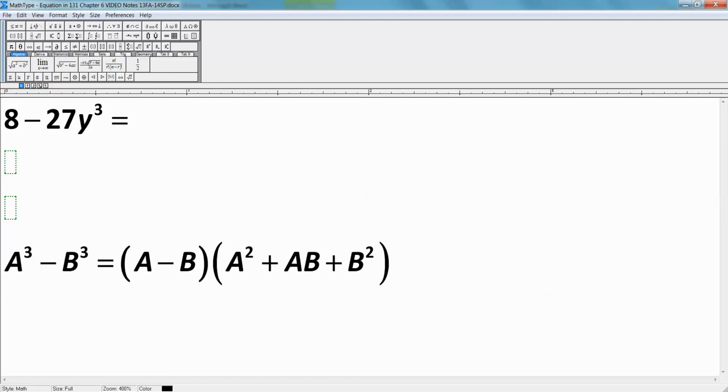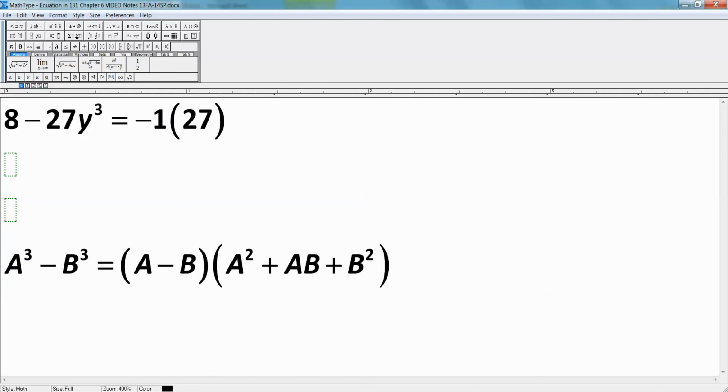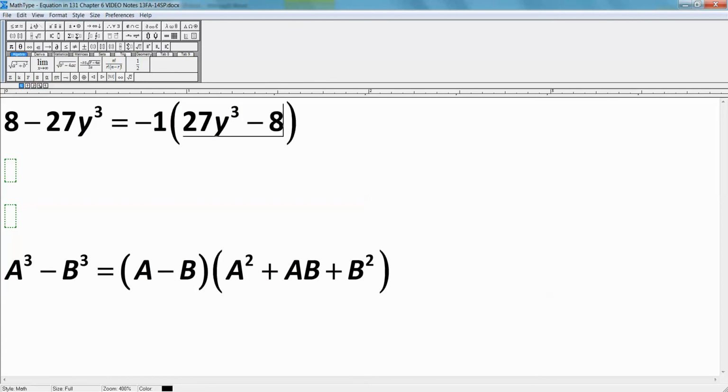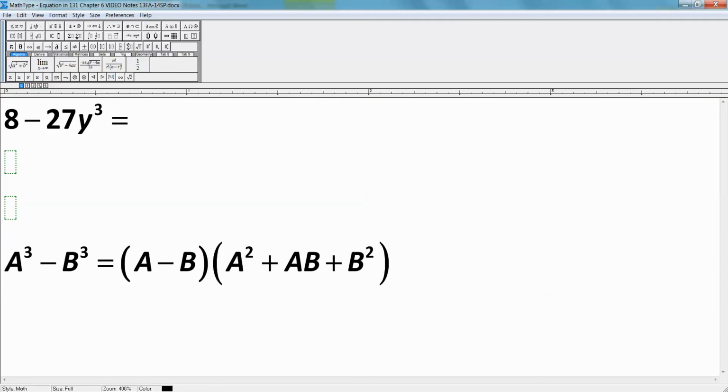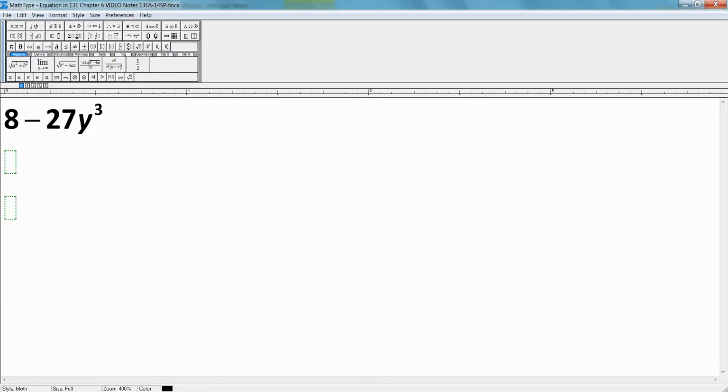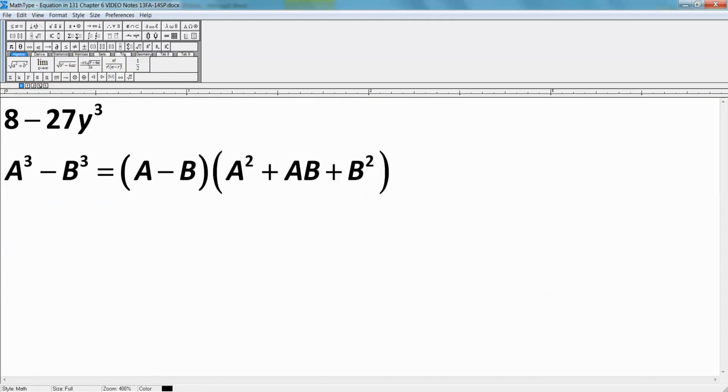This is fine. Or you can try to switch it around because you don't like the fact that the cubed part is negative. It'll be fine either way. So if you want to switch it around and take a negative out, you'd factor out a negative 1 and then make it 27y cubed, take away 8. That's fine if you want to do it that way, but you don't have to. And just for fun, I'm going to actually not do it on this one just so you can practice the other direction. Okay, so a cubed